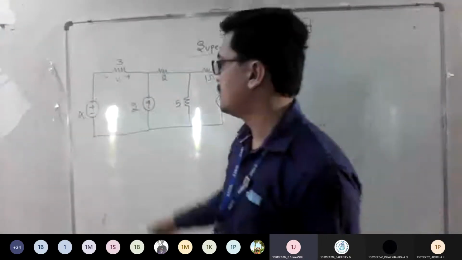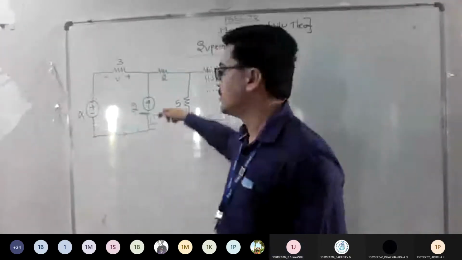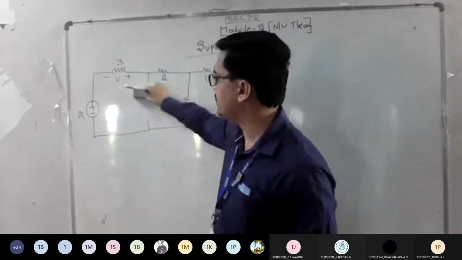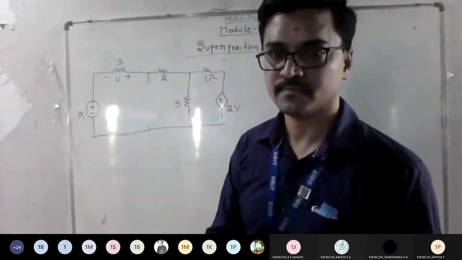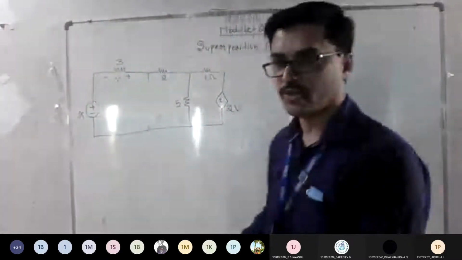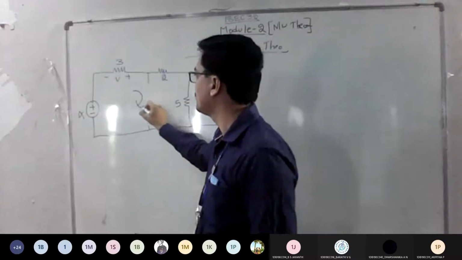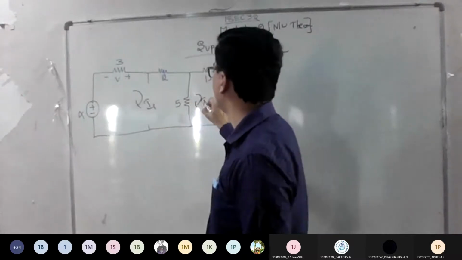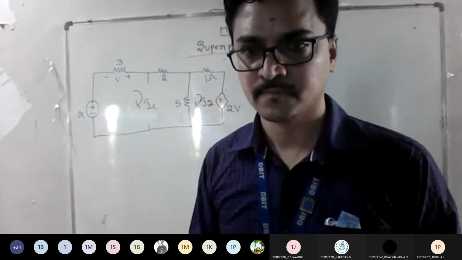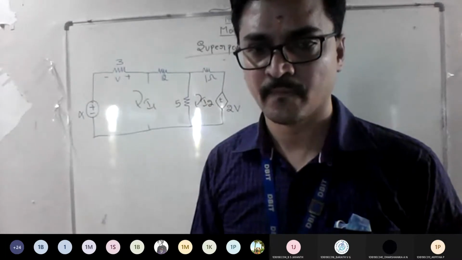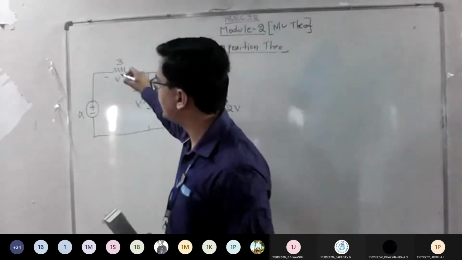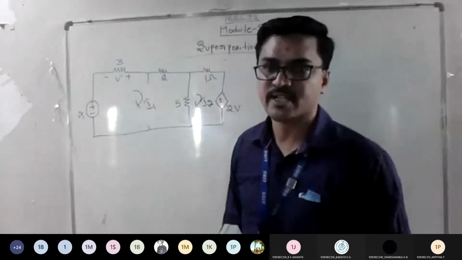So case number 1, if you take the 4 volt as active, the current source becomes an open path. That is your first case. How many meshes do you have now? 2. So I need to find the currents I1 and I2. In this, which current do you want, I1 or I2? I1, sir. Good. So when you change this, make it V dash. That is your case 1.